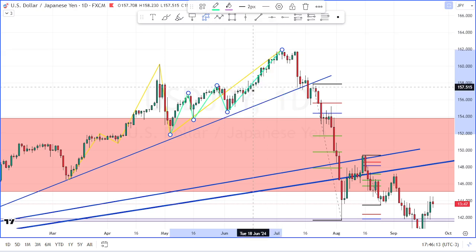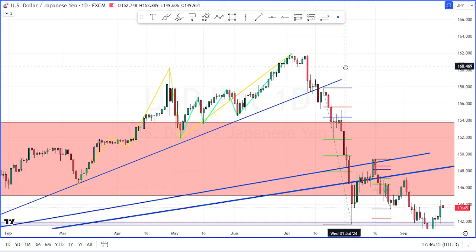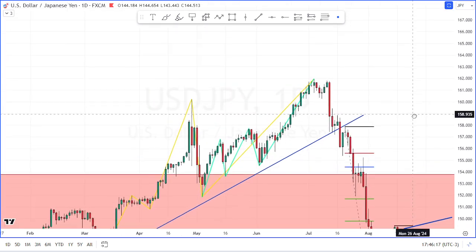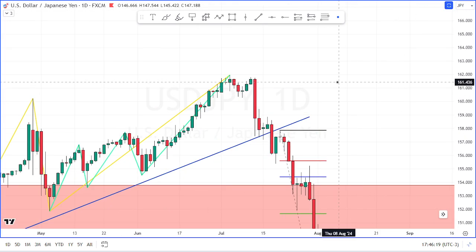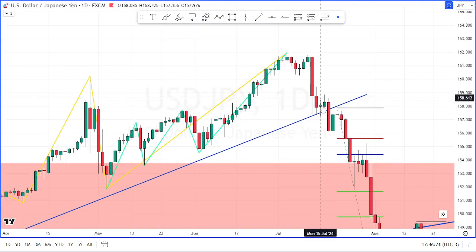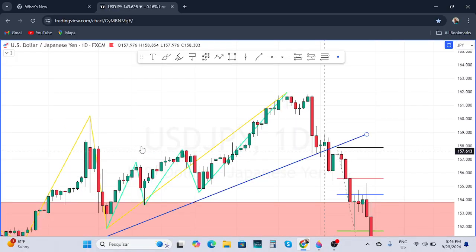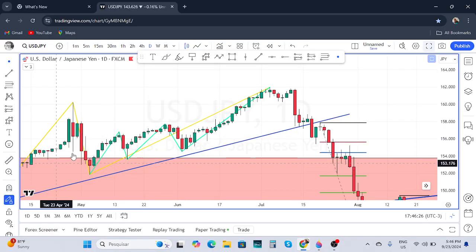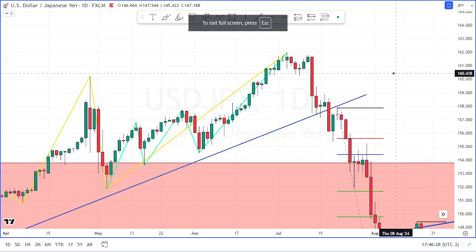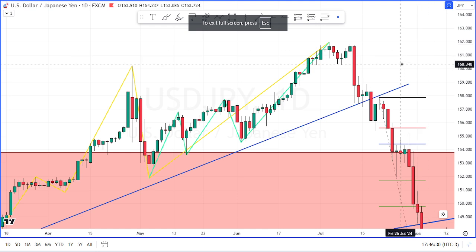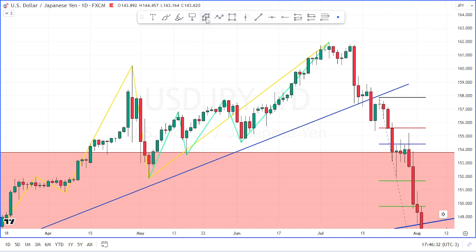Okay, so on the smaller time frame, now let me take out the magnets. Okay, on the smaller time frame, such as the 1 hour, the 4-hour chart, the market too was also making this